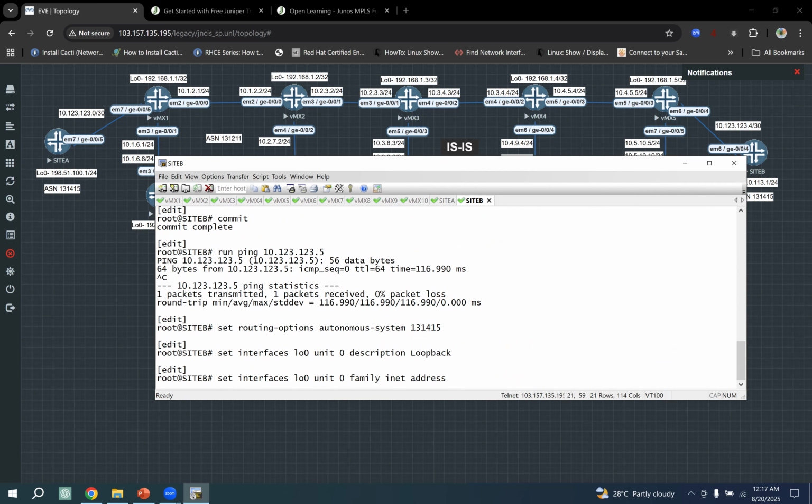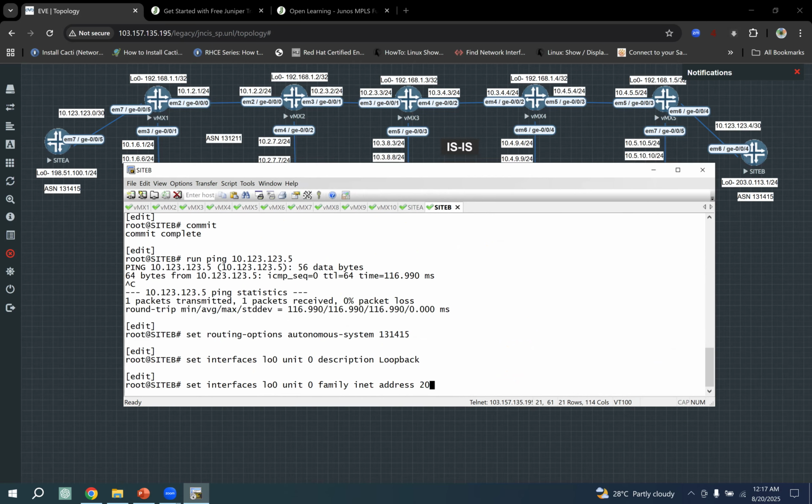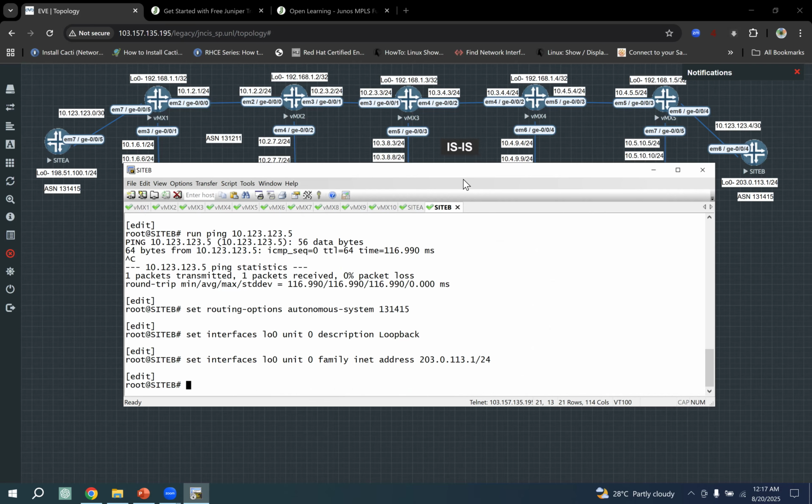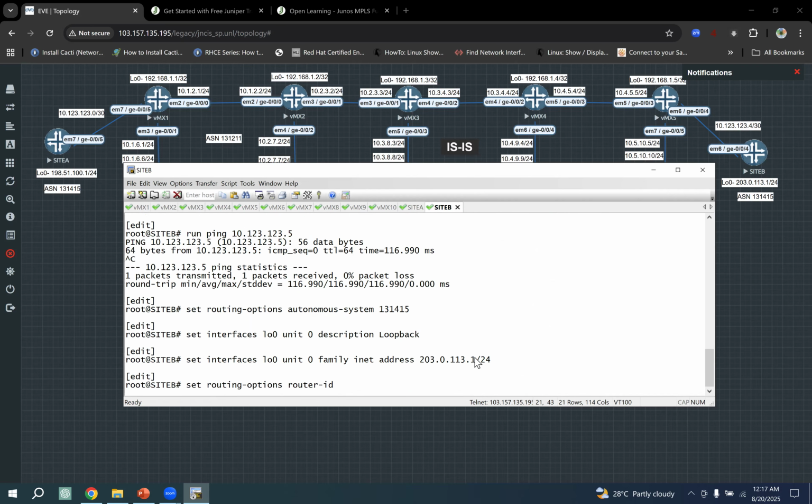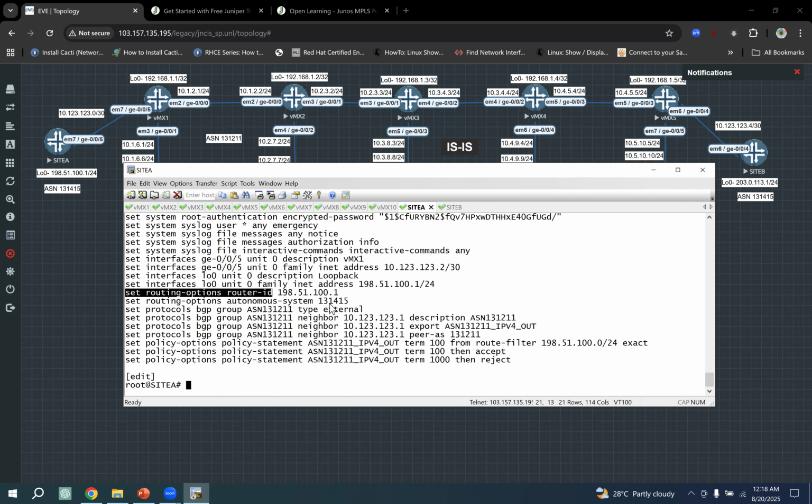Side B loopback IP will be 203.0.113.1/24. Loopback address configuration done. Router ID. Router ID will be loopback. And next,